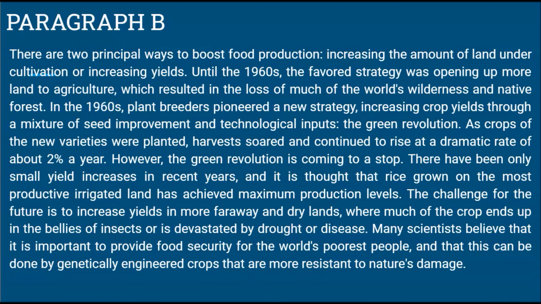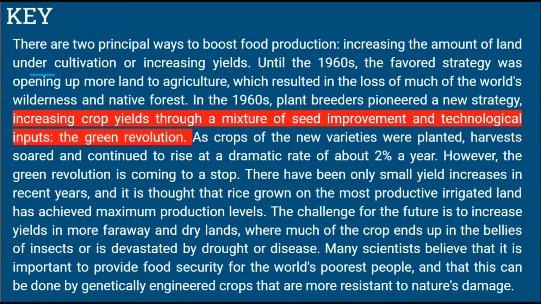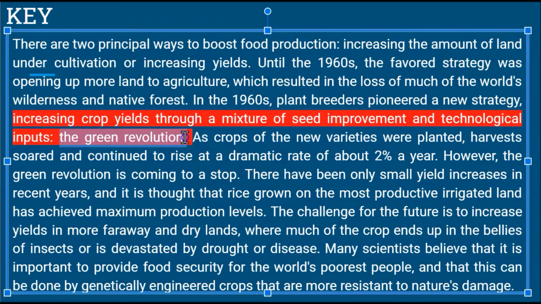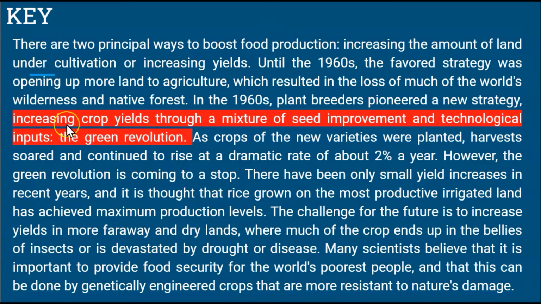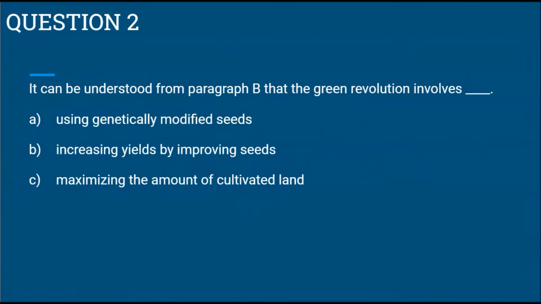This is rather a long paragraph. Make notes on the necessary points. Now you can pause the video. As you can see in paragraph B, the Green Revolution is defined as increasing crop yields through a mixture of seed improvement and technological inputs. This is Green Revolution. So this will take us to the correct information, which is choice B, increasing yields by